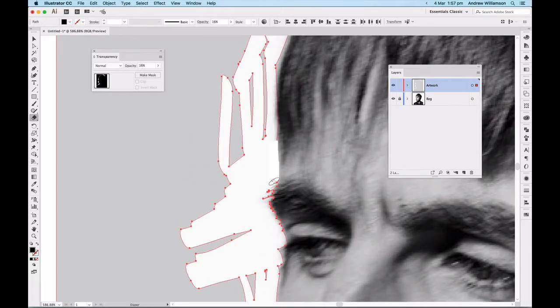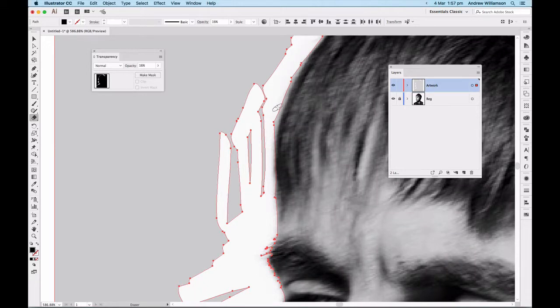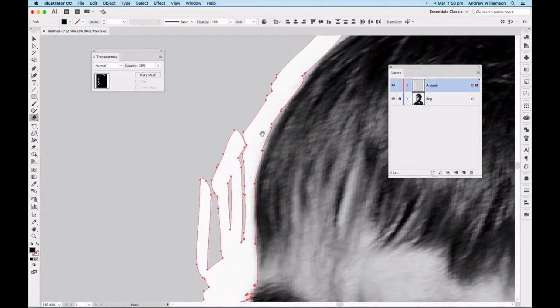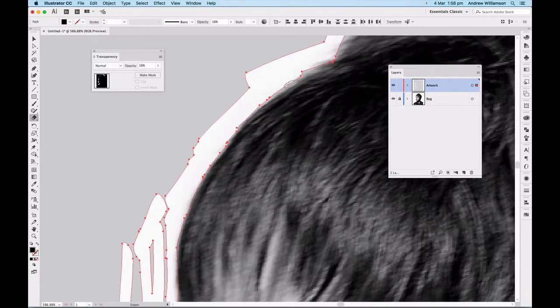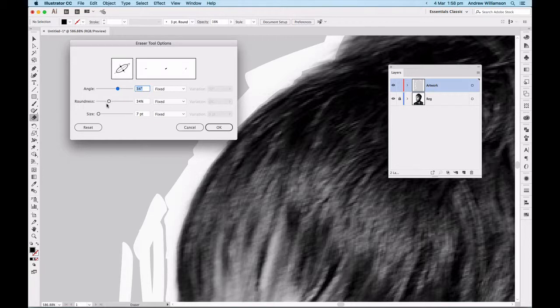So I would say with all these things, go around the edge first quickly and then go in and tidy things up later on. You want to keep the small tools to 1 or 2 layers out from the edge of the hair, and later on you're going to want to move your tool out and make it much bigger. So let's just double click on that there. Oh, wrong tool, sorry, on the eraser tool. Make it much bigger